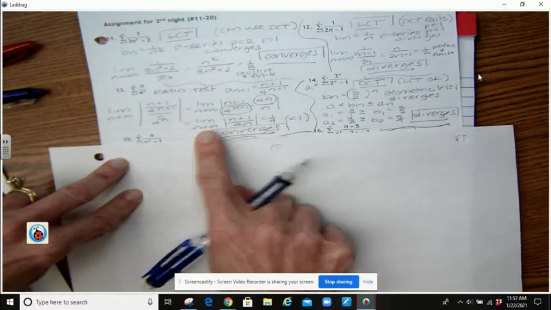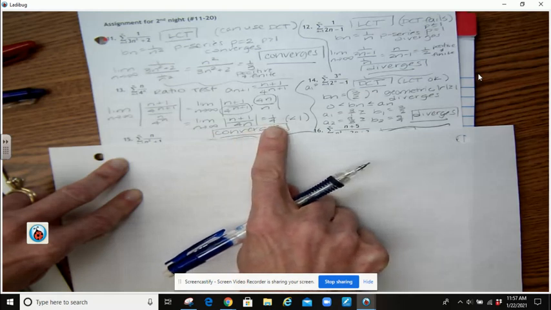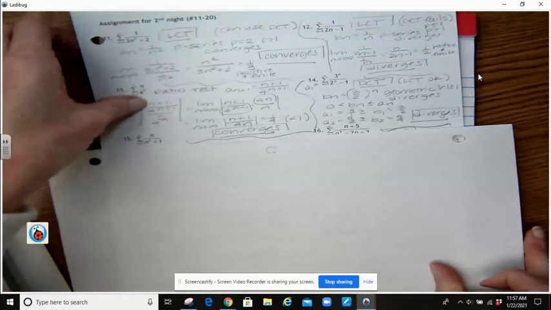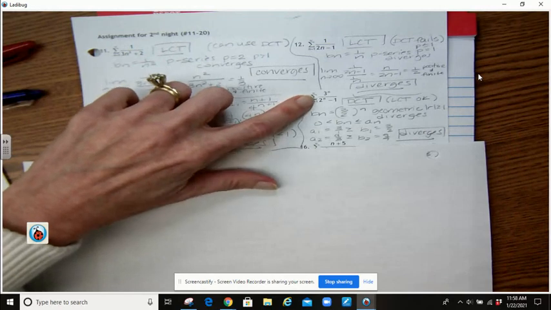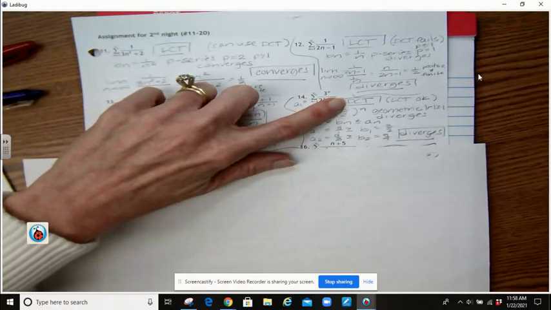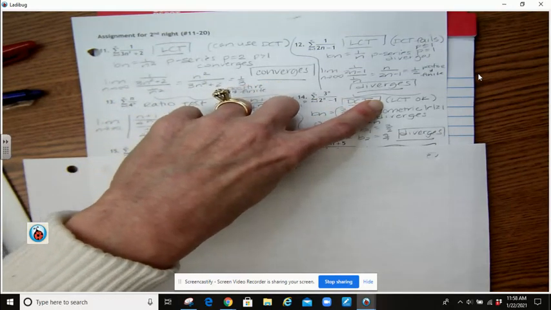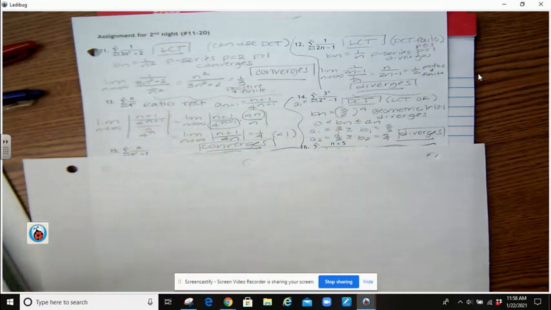And the limit as n goes to infinity for that is, by rule 2, where the limit is 1/4. If the limit is less than 1, then my conclusion is that the series converges. For number 14, I'm comparing this to a geometric series, so I use the direct comparison test. You could use the limit comparison test as well. Again, generally, if I'm comparing to a geometric series, we'll choose direct comparison